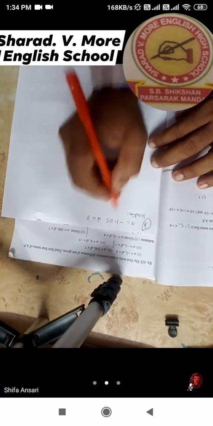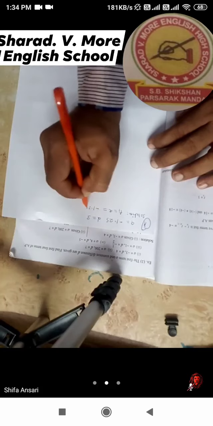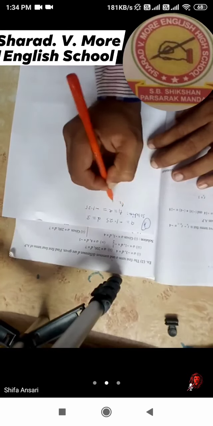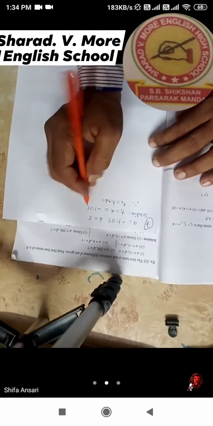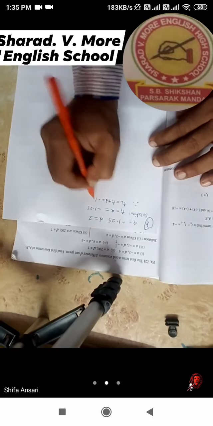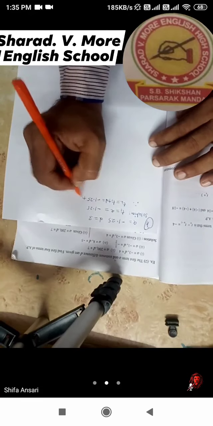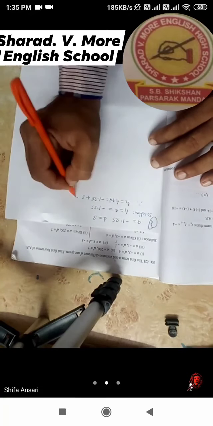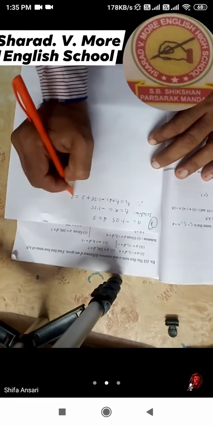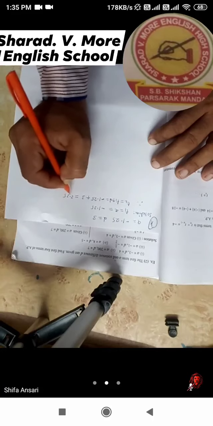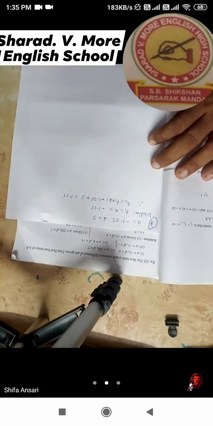Here T1 is nothing but A, and here A is equals to -1.25. Now T2, therefore T2 is equals to T1 plus D. What is D? Common difference. Now here T1 is equals to -1.25 plus D value is equals to 3. So here -1.25 plus 3. So 3 minus 1 is equals to 2.25. Here 3 is greater, that's why we will get the 2.25.